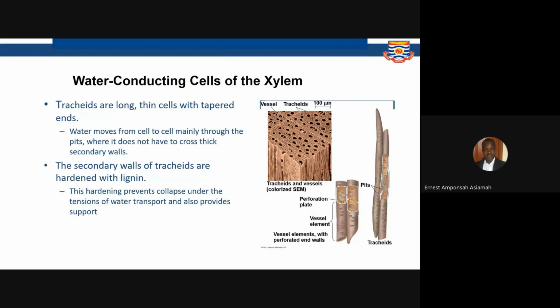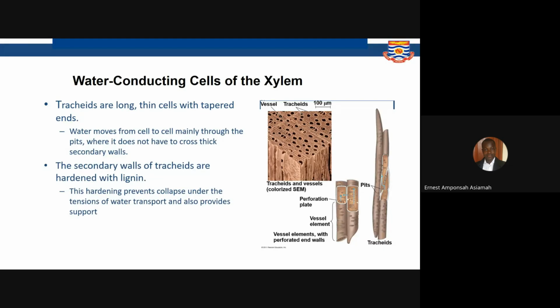And the hardening in the walls, the lignin in the walls, prevents the collapse under the tensions of water transport, and it also provides a form of support. So as it is conducting, water is moving up and down. You find the walls need to be stronger,